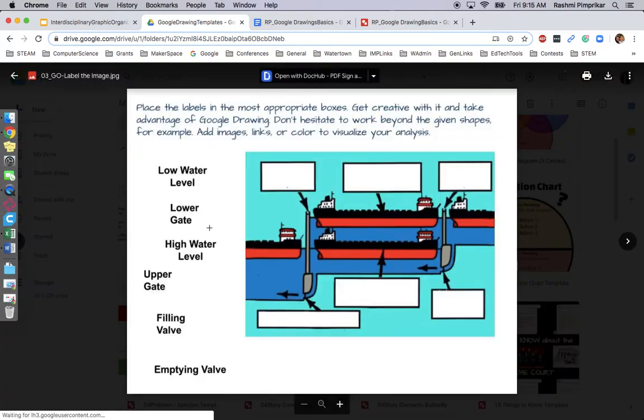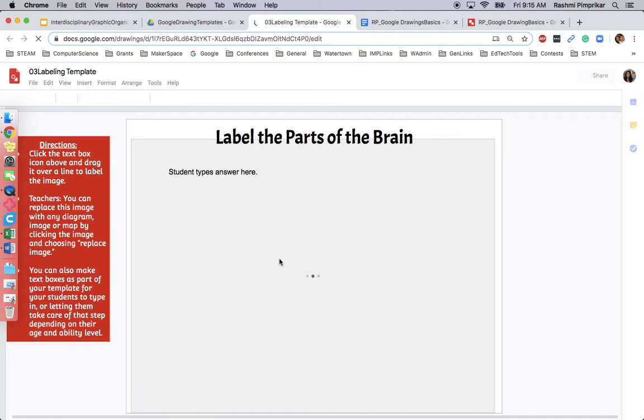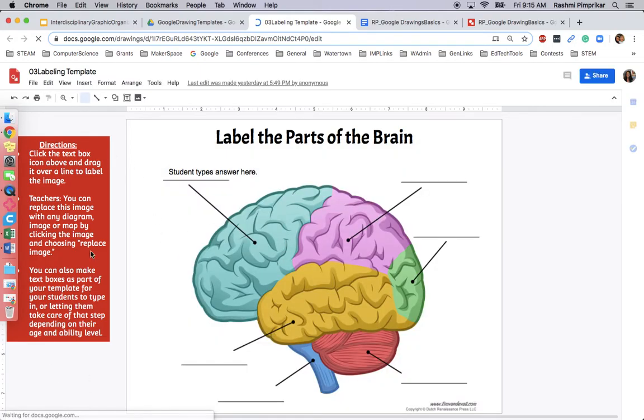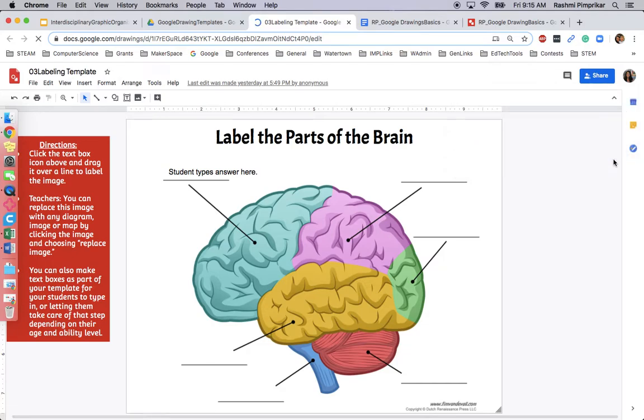Here is one which I personally love. You can label these and label the most appropriate boxes. You can get creative with it. You can, of course, change this image to an image of, say, labeling the parts of the brain or skeletal system. It's always a good idea to have some directions on the side, and you can emphasize them with the